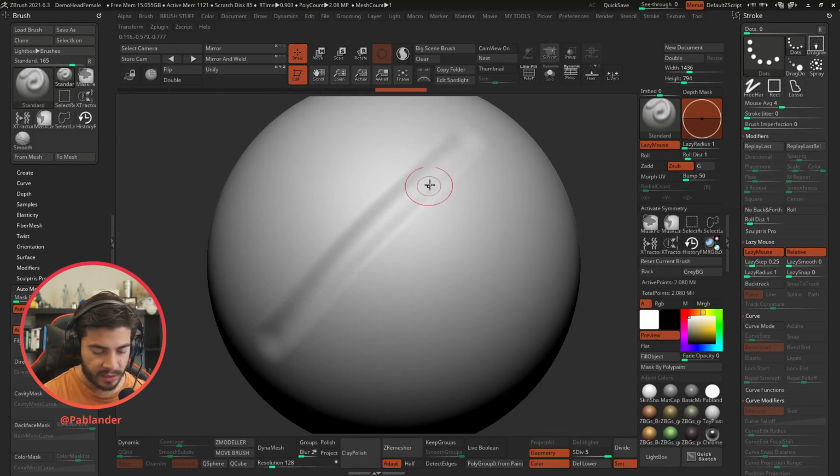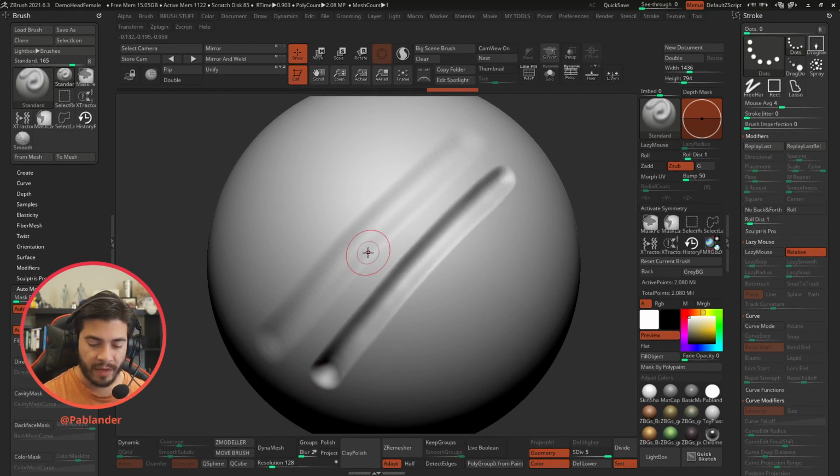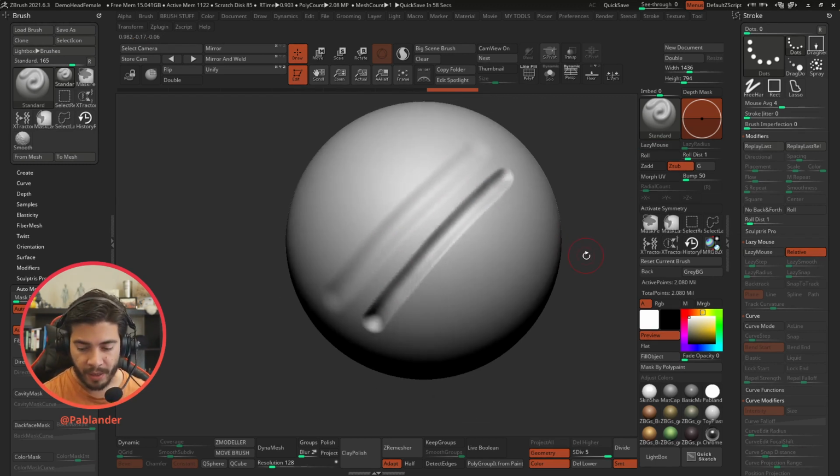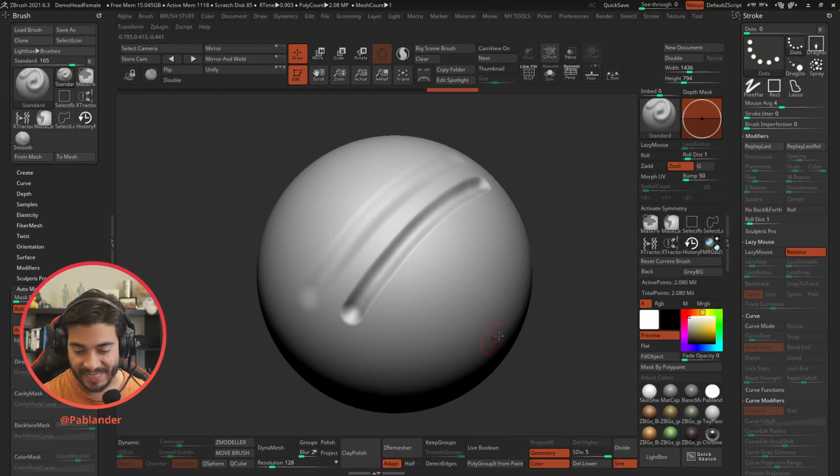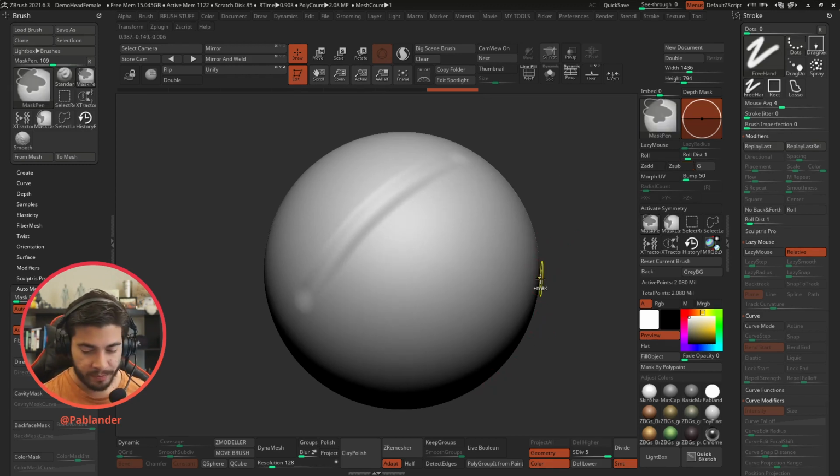You'll see it's not as smooth. You can sort of see the instances of that brush. If I turn that off and I do the same thing, you don't have that much control, but you have a lot more pressure in a way, the effect is a lot more intense. All right, so I'm going to undo that.